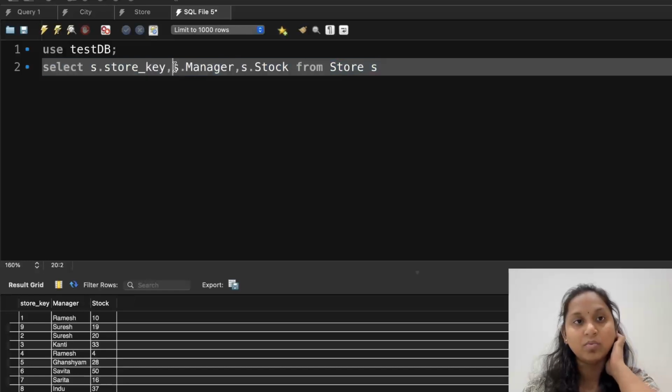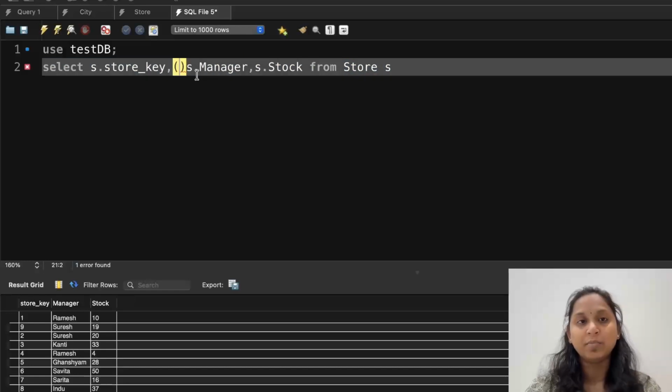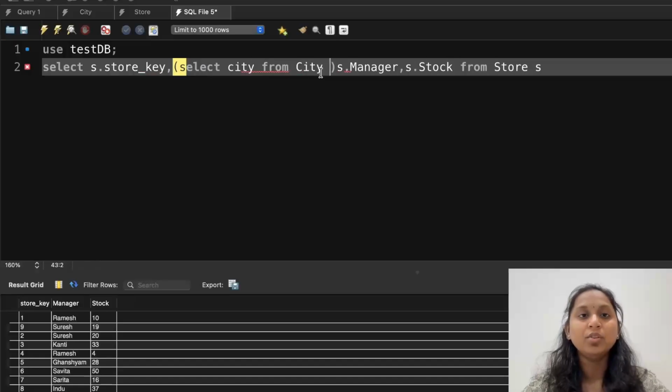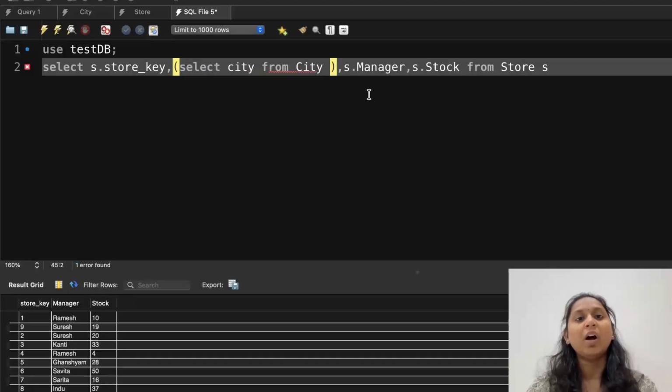Now the thing is we have to create, what I want to create is a city name. You know one table that we have in which we have a city name, that is your city table. In my city table I have a city detail, yes or no? So can I write this thing and they will provide me the city name? Do you think so? But how can I understand that this is the same city that needs to be printed on this line? Because when I am using the store key one, in front of it, what was the specific city key that needs to be matched?